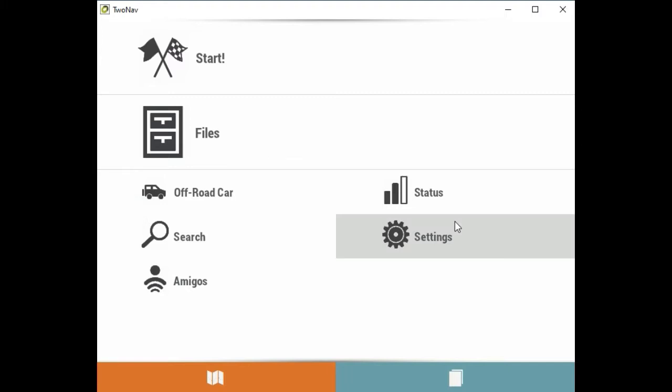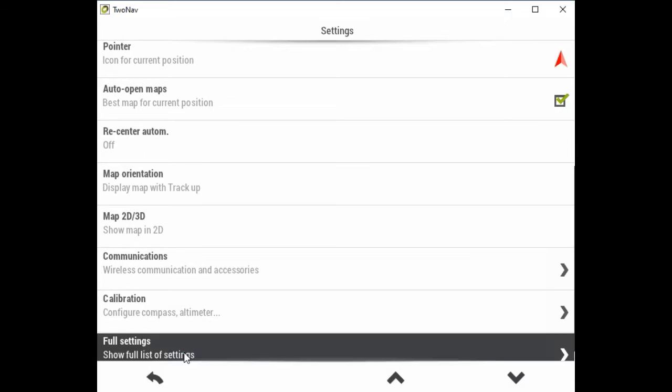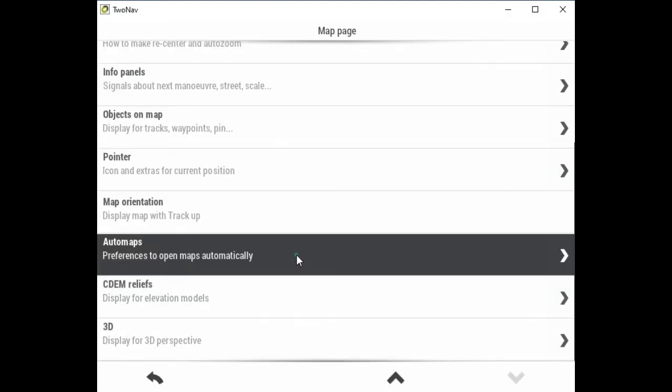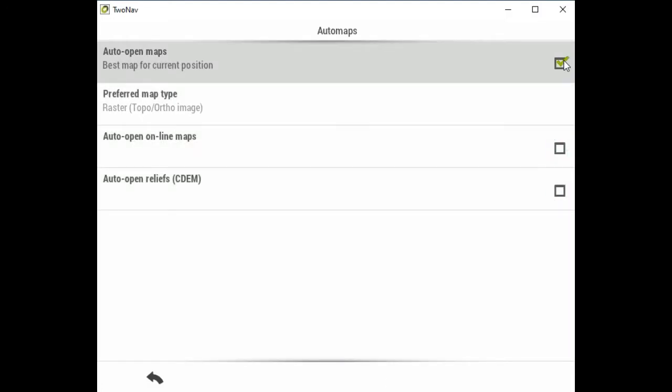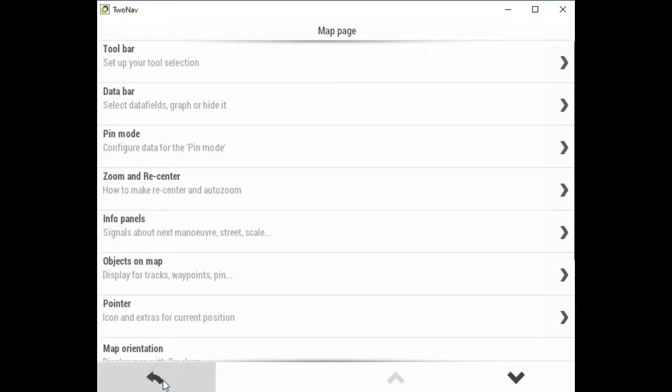Then we're going to go into the system, go down to full system, and then we're going to go to map page, and then we're going to go down to auto maps. We're going to tick all these off. You can leave them on if you like, but it slows the computer down for the purposes of this because it's trying to get the maps in from the internet, so I'm just turning them off at the moment. And plus I've got my own maps, so I'm going to drop them into the background. So go back to our main page,